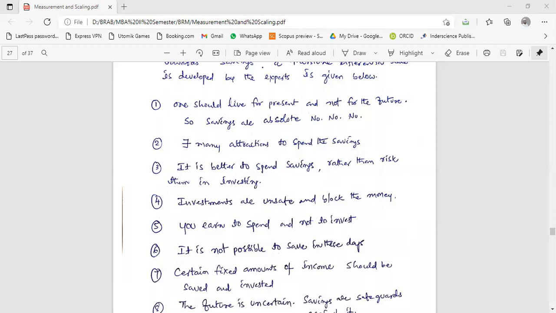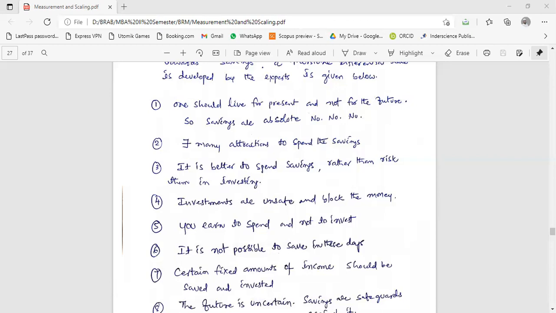Suppose you have some savings, say some 10,000 rupees in your savings account. How long will you keep those savings with you? Is it possible to keep the money for a longer period? No, sir. Why? They will spend it, because we have many attractions. If we go shopping, if we go to the market, we will face anything, sir. So it is very difficult to keep the savings, right? Yes, sir. So is it a favorable or unfavorable statement? It's also unfavorable. Correct. A third one.